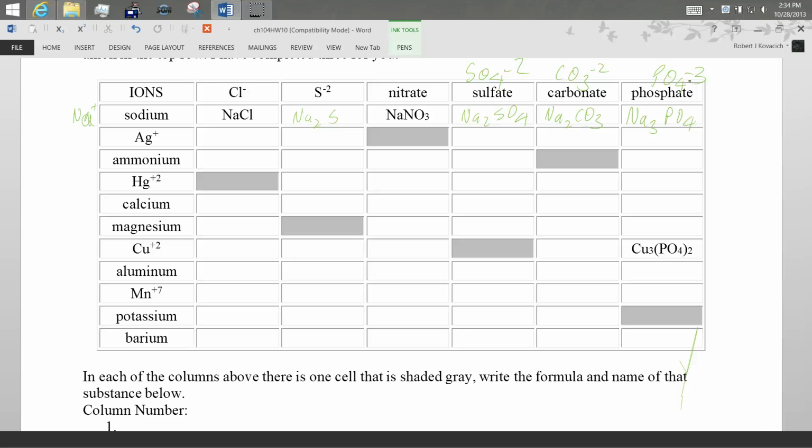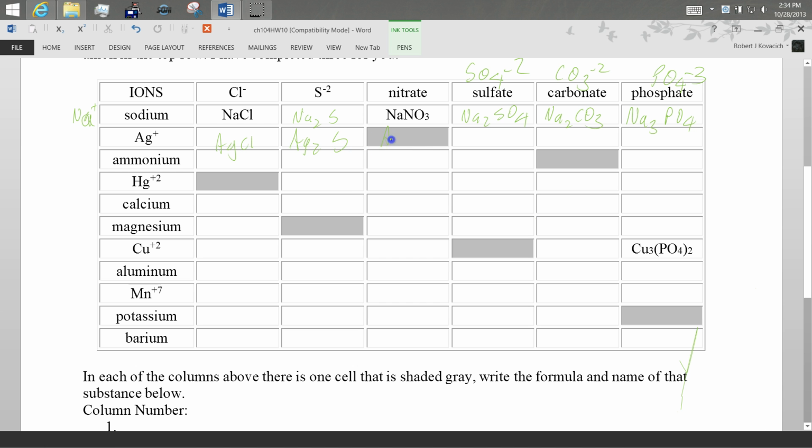Silver has a +1 charge and so does sodium. So what is that going to mean? To look similar as far as setting it up. The setup is the same, right? Yeah, the ratio of the cation to the anion is identical. The only thing that's different between row 1 and 2 is I change Na to Ag, but all the numbers stay the same, right? Silver's got a +1 charge, sodium's got a +1 charge, so you're going to end up with the same ratio. So then this is going to be AgCl, and then